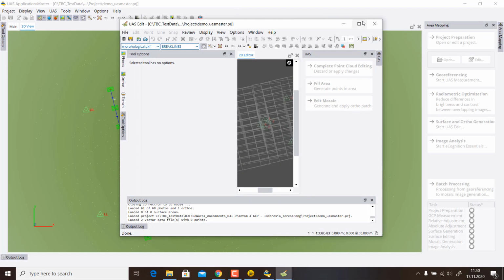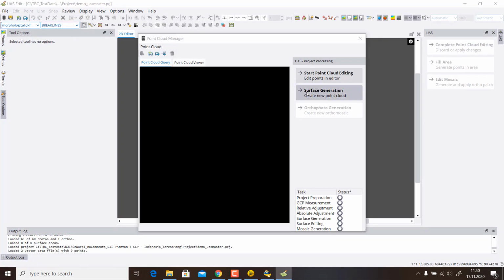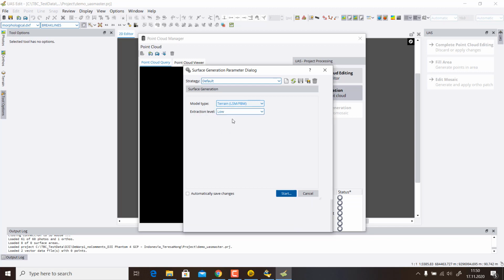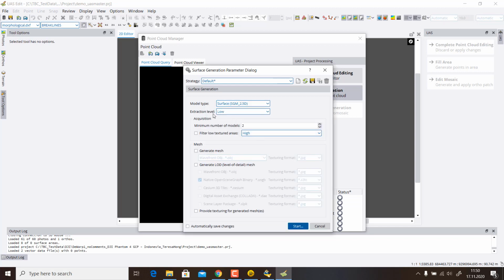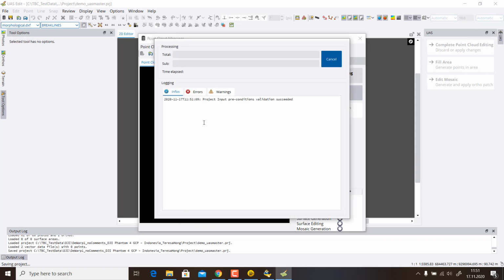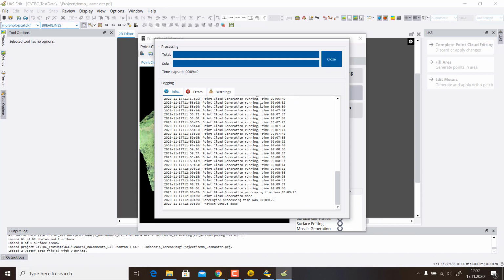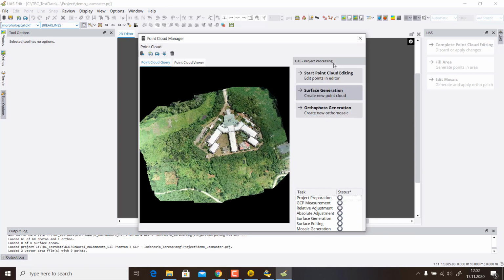And let's just now run the SGM 2.5D. So we will select here SGM 2.5D. I will also run extraction level low just to get quickly to our result. And then we will hit the start button and then wait for the result. So now our processing has finished with the True-Orthophoto generation, and we can now see here the point